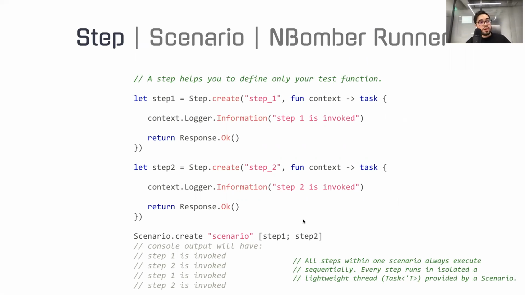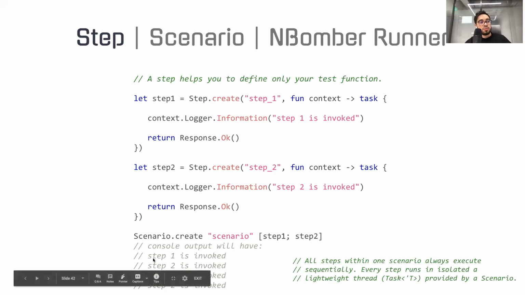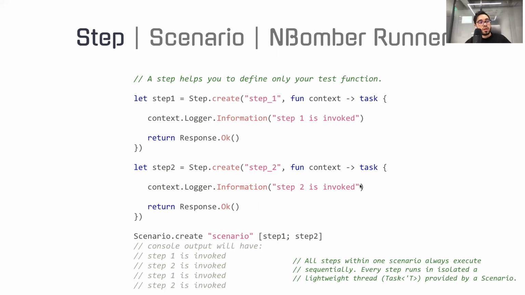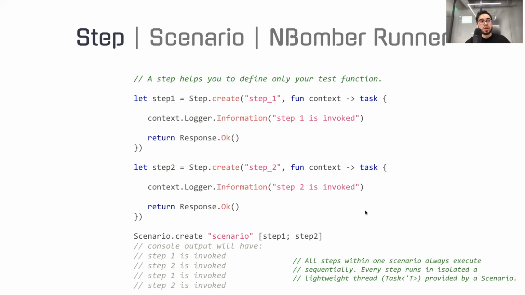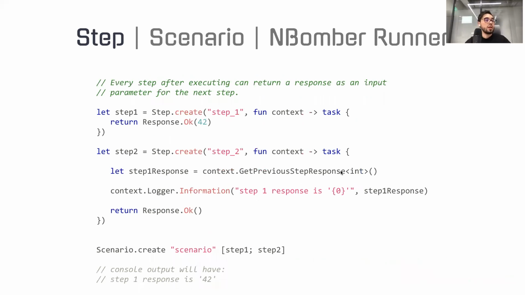So step, as I mentioned, you can define several steps. You can log information about what step was executed, and then NBomber executes them in a cycle. So here is the output: step 1 is invoked, then step 2, then step 1 again, and then step 2. All steps within one scenario. Here you see we're creating a scenario, adding steps. All steps within one scenario are always running sequentially. And by the way,